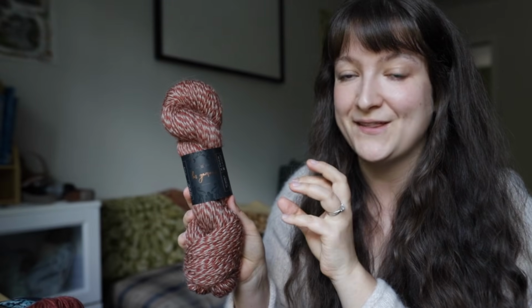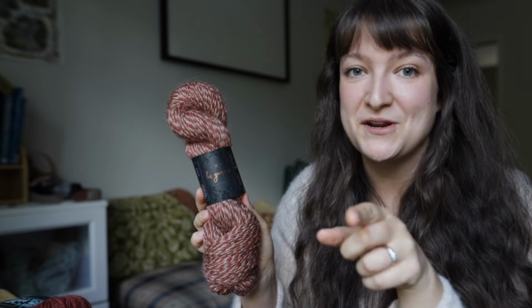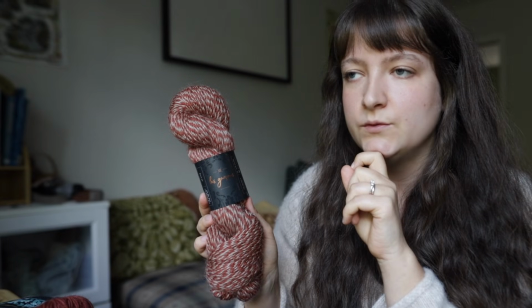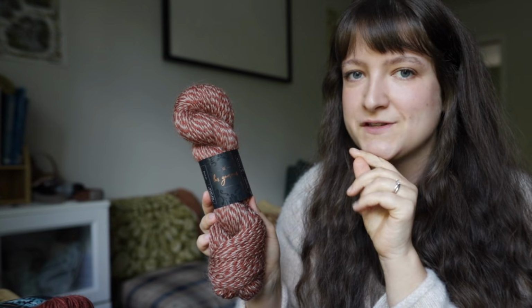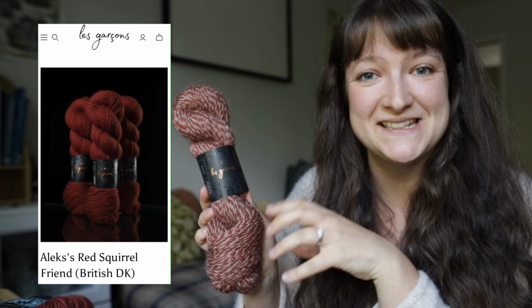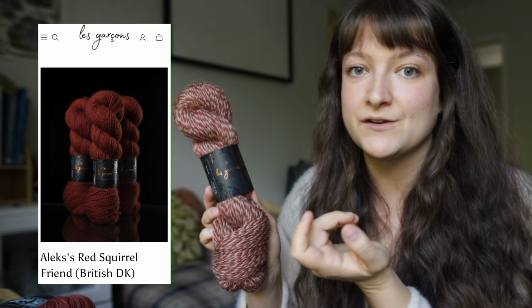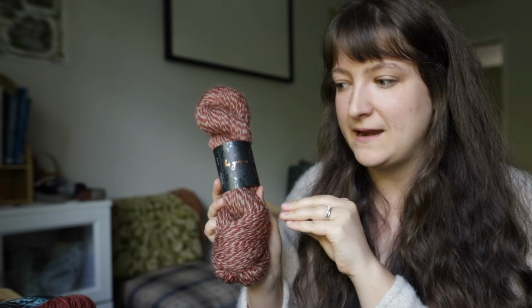And then they had this red by itself there as well, and so I was holding them together and I was like, this is perfect, but I want to mull it over and think about it. And there were tons of skeins of both of them left in the booth, but by the time I had lunch and went back to the booth, they were out of the red one, and it was called, ooh, what was it called? Something about a robin, or Alex's robin friend, or something like that. I'll write it on the screen. But I was a little bit heartbroken, and I asked the guy, do you have the red left? And he said, no, we sold out of it, unfortunately. And he said it's really hard to gauge which colors they're going to sell out of at these events. They never really know. So anyways, I picked this one up anyway,